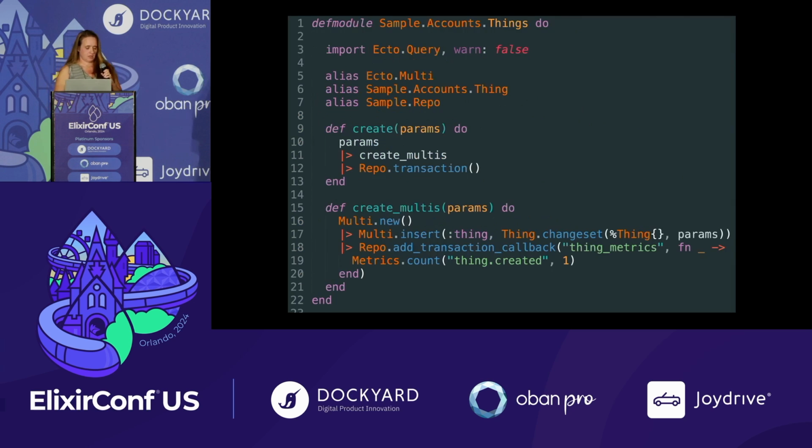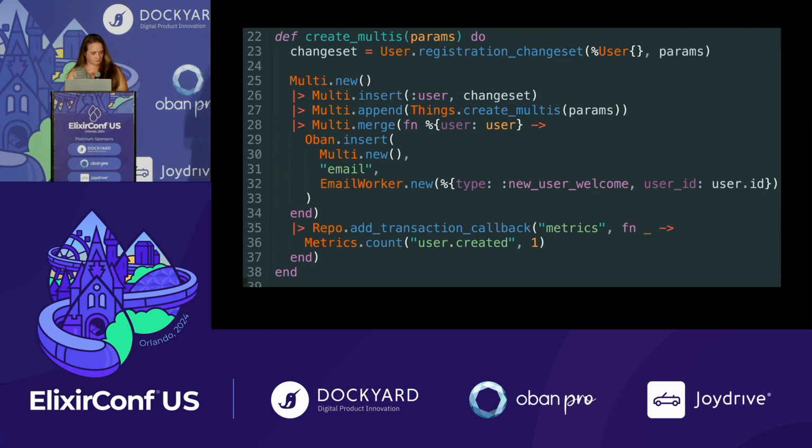So what I suggest is making a context for things, doing your create function for things there, having your create multis for things there. And you can see now the things context knows what has to happen. What are the side effects that need to happen when I create a thing? And what this allows us to do,